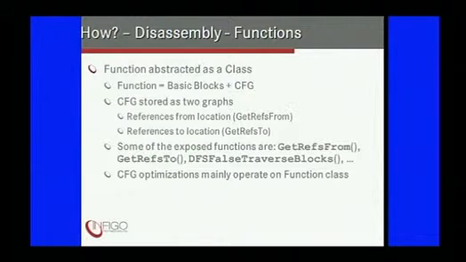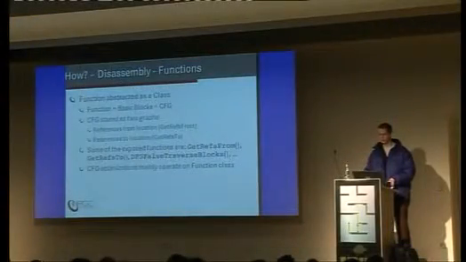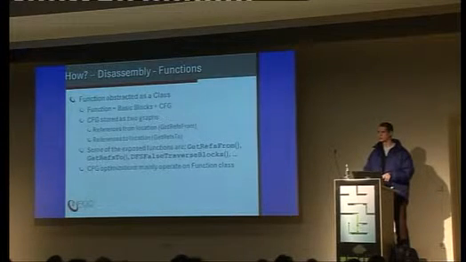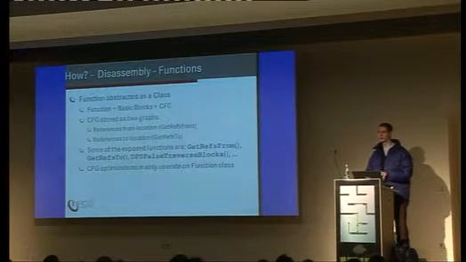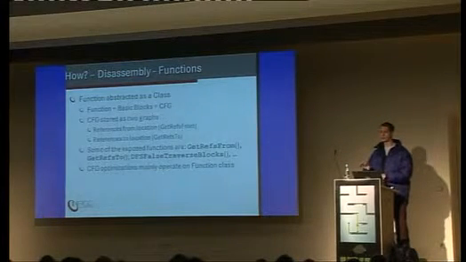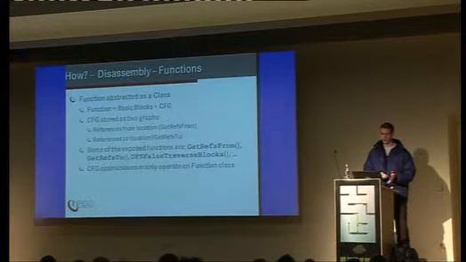So in the end you'd like to have both top-down control flow graph and bottom-up. This way you can also exploit all the bottom-up algorithms that optimize code. And here are some instruction functions that are exported and that you can use to traverse the control flow graph and analyze code. And all the control flow graph optimizations operate on this class. So they modify the control flow graph, and control flow graph information is embedded in the function class.